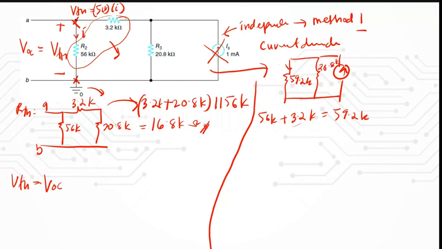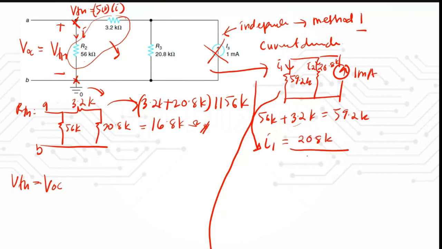Okay, so now you want to find the I here in order to get this VTH here. You need to get this I, let's say this is I1 and this is I2, right? So you have this 1 milliampere. By using the current divider, in order to calculate this I1 equal to